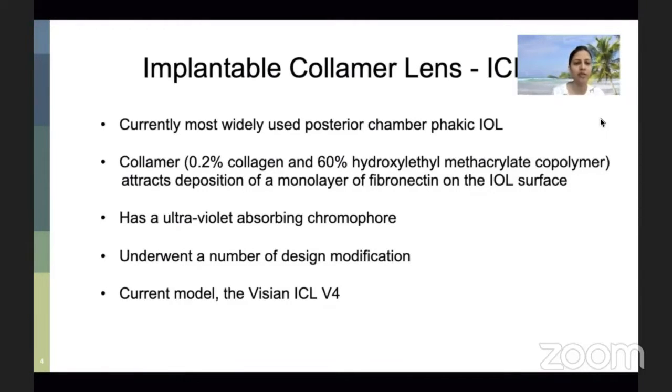For models V2 and V3, the reported complications were small percentages of pupillary block and pigmentary dispersion glaucoma. However, late anterior subcapsular opacities of the crystalline lens occurred in 5% to 30% of the cases after 1 to 3 years of follow-up and are attributed to intermittent contact between the ICL and the crystalline lens. The lens underwent a number of design modifications.